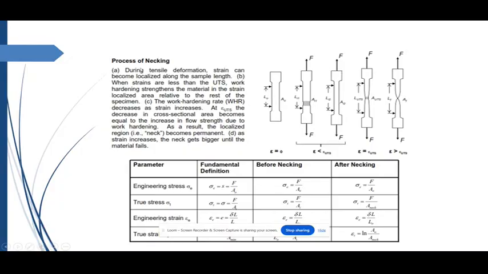Process of necking. During tensile deformation, strain can become localized along the length of the sample. The strains are less than the UTS. Work hardening strengthens the material, and the strain is localized relative to the rest of the specimen. The work hardening rate decreases as the strain increases. At UTS